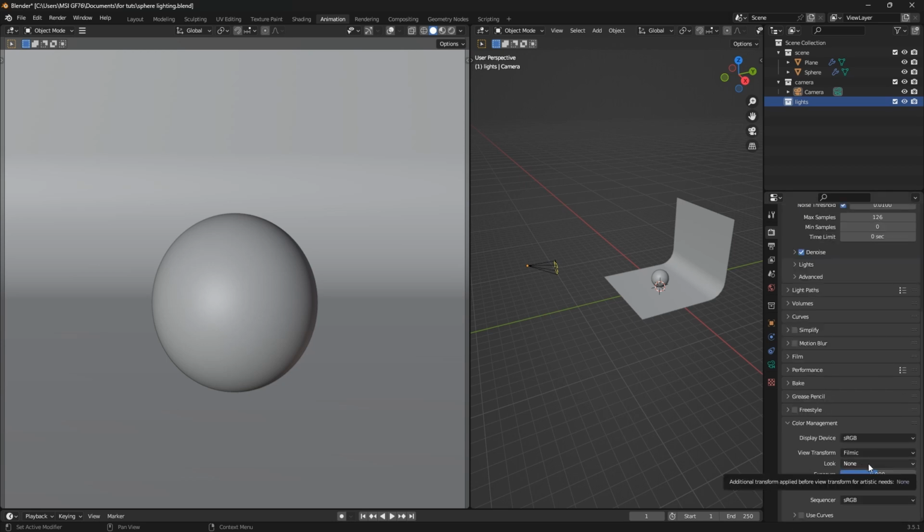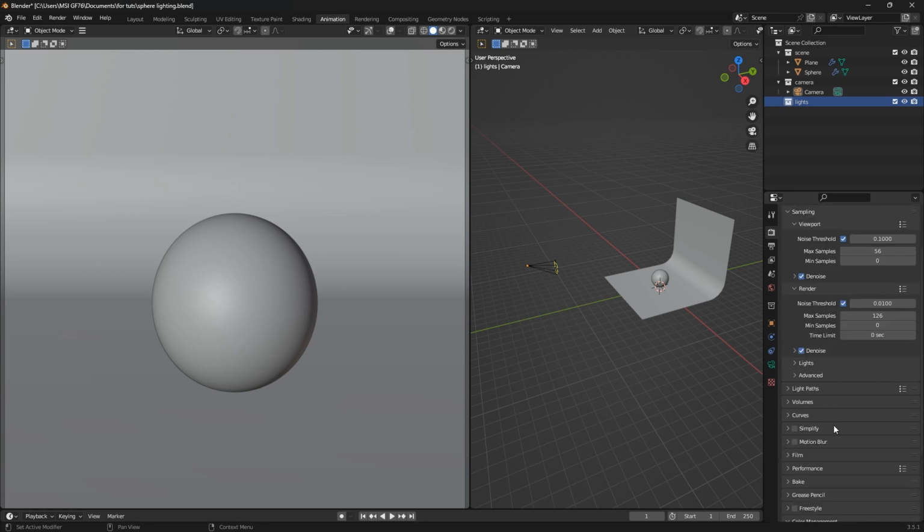Now you have to be aware of this. You have to keep this view transform and look, leave the view transform on Filmic and have it at high contrast. This gives the best result I find. That is how you set up the settings for the color management. And as for now, that is all you need to do. Now let's go to the render